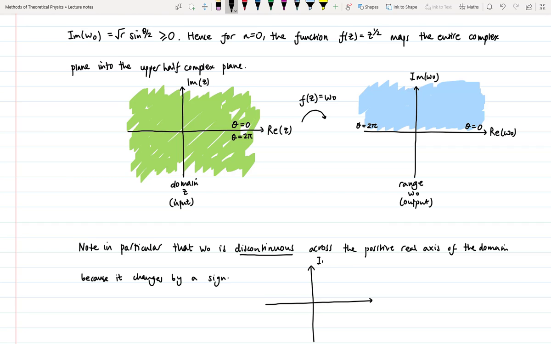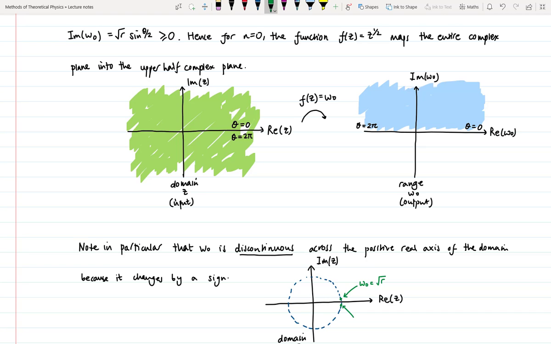We have the imaginary part of the input to our function, the domain, and the real part. This is the domain Z. Let's label what happens if we fix the modulus of some complex number, but rotate it around the origin. Well, over here, just above the positive real axis, we have theta equals 0, and therefore W0 is the square root of R. If we make a complete circuit and come back to just below the positive real axis, over here,